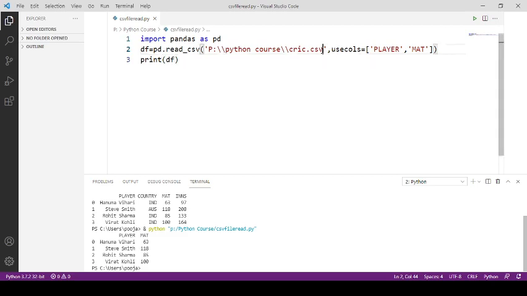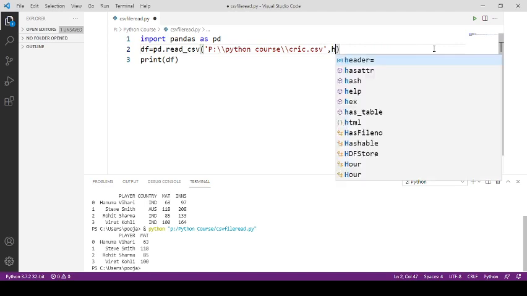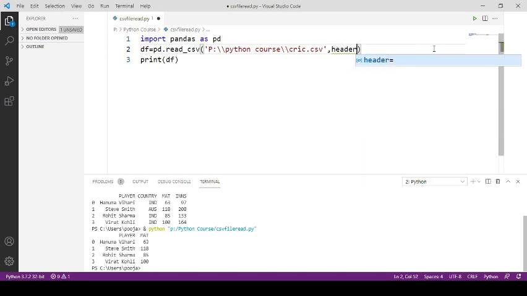Now if you want to specify the header row, you can do the same using header parameter. I am just removing this part. Just write header equals to, and you need to specify the number. So 1 means first row will be treated as header and the next row onwards will be read, right?